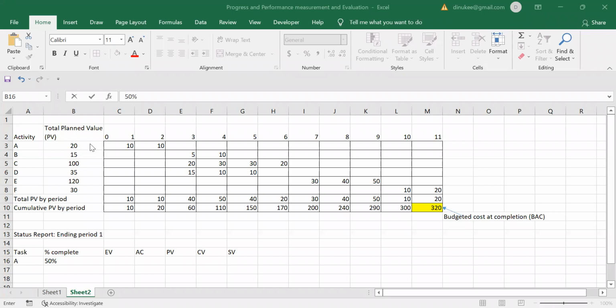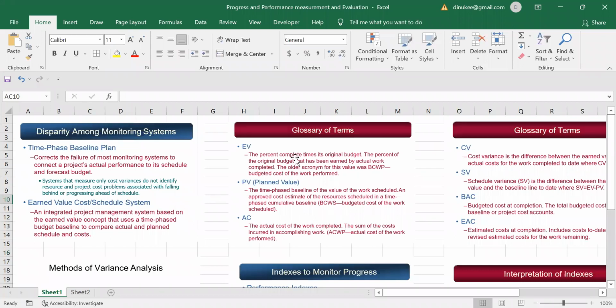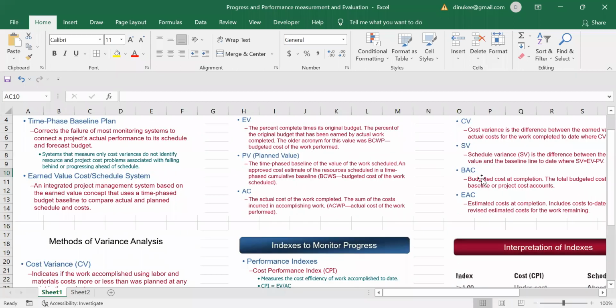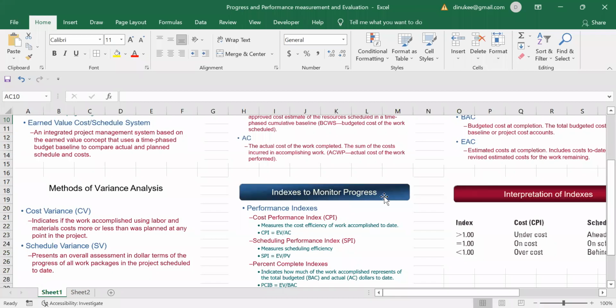So now we are going to learn about when we are doing a project like this, how we are going to measure our performance, right? So in measuring our performance, we can use several indicators, right? There are several terms that you can use. So earned value can be calculated, planned value, actual cost, and cost variance, schedule variance, budgeted cost at completion, and after that we can calculate cost variance, schedule variance, and then after,